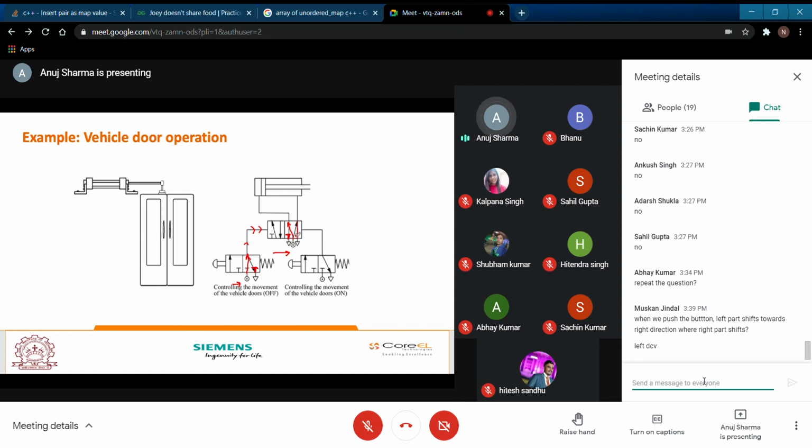Just look at the red lines, because this entire box will be getting shifted towards this particular direction. Now when this happens, your compressor is aligned to this particular line. Your flow will go to this particular line, which will be filled with the compressed air. This will then be exhausted, and this will be exhausted to your exhaust.